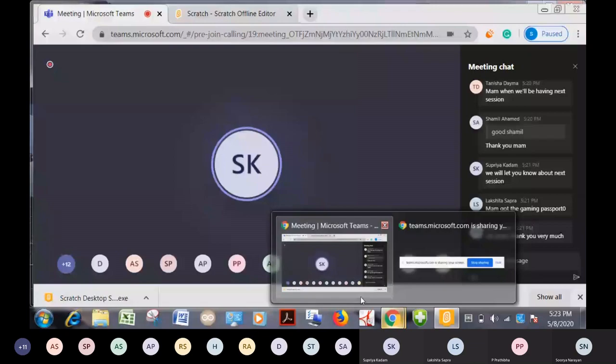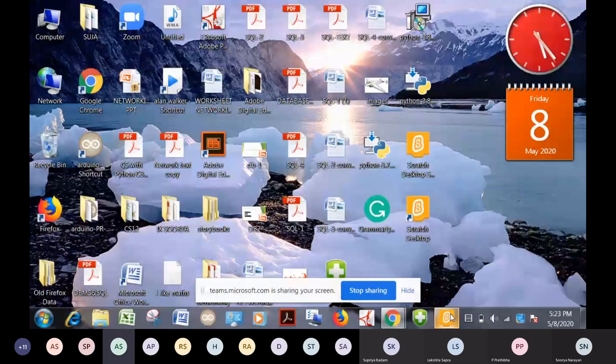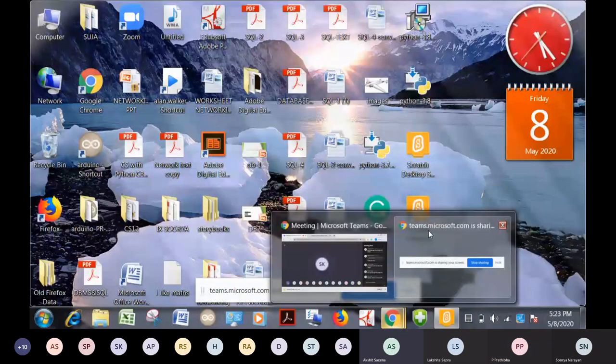Ma'am, maybe the desktop does not have the requirements for downloading Scratch. Ma'am, when I downloaded Scratch, it was the Scratch 2.0 offline editor. Maybe Scratch desktop is not working properly.